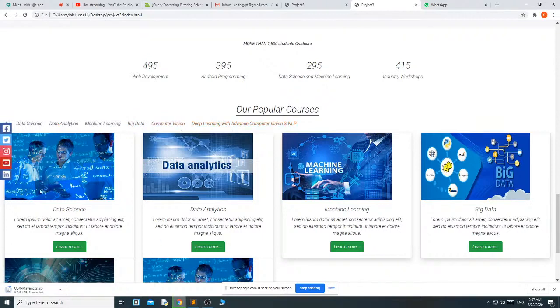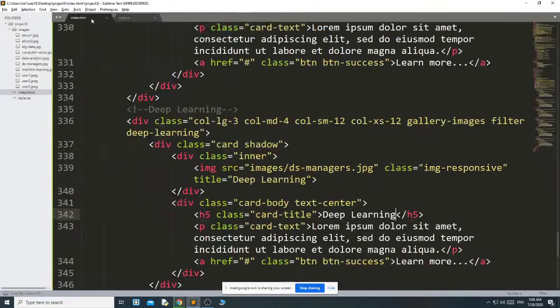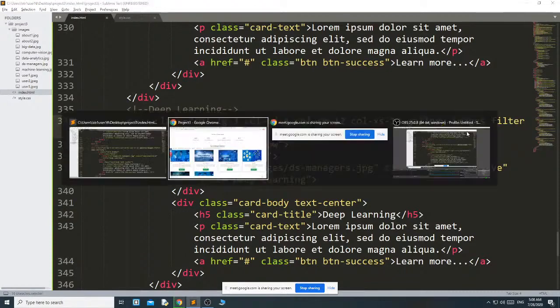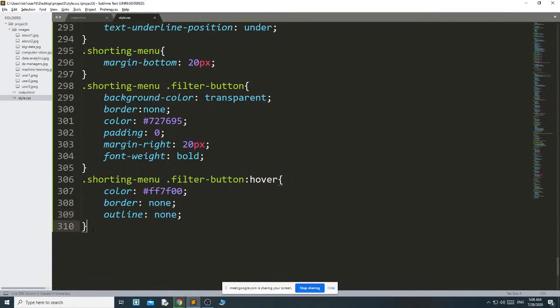Now we will come to this gallery image. Okay, the gallery image, which class name? This is each of your column names. Okay, to design each column you are using this gallery images. Copy dot.